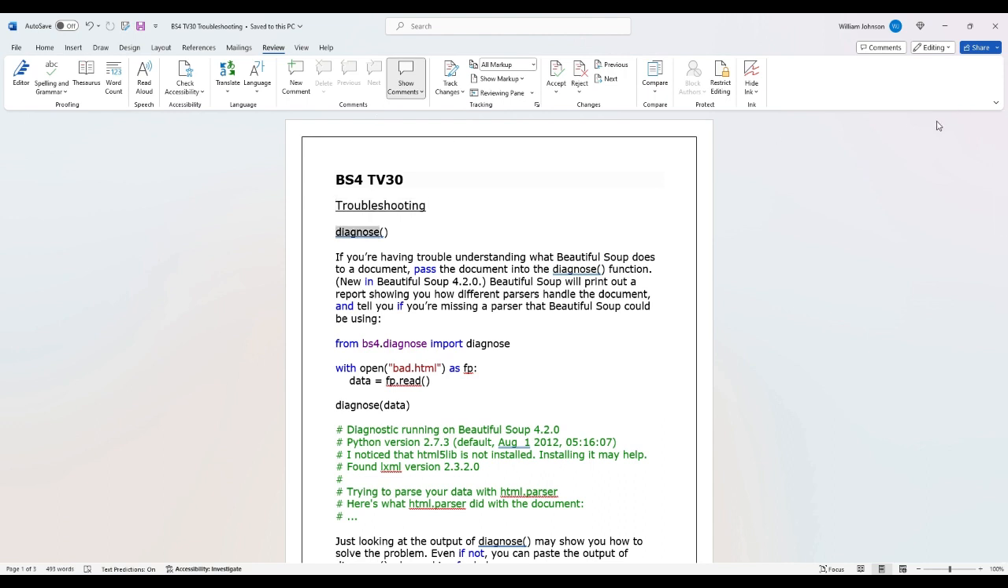Diagnose. If you're having trouble understanding what Beautiful Soup... Hold on, let's start over. This is about troubleshooting. Troubleshooting. Good. Diagnose. If you're... Now we're going to talk about, apparently this is another